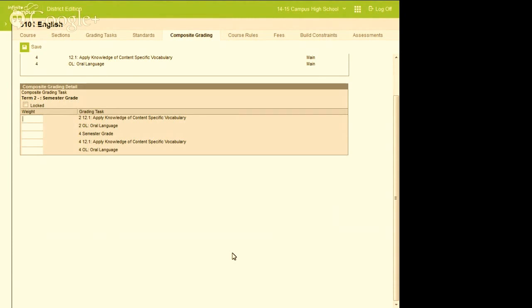So when those teachers are submitting them, so 9 weeks is over, submit your grades. Second 9 weeks is over, submit your grades. The system will automatically calculate the composite final grade for those courses. The teachers don't have to. And when you report a final grade, the composite would be that semester average.